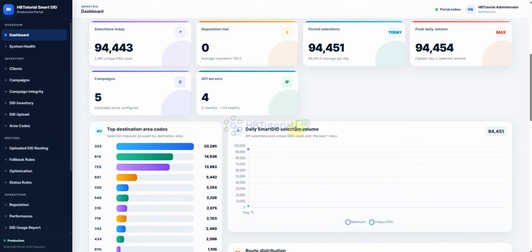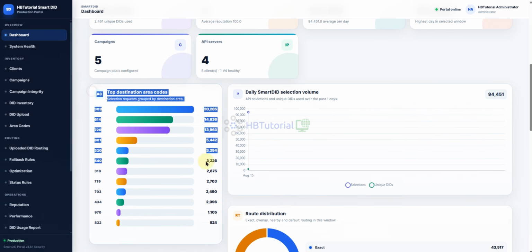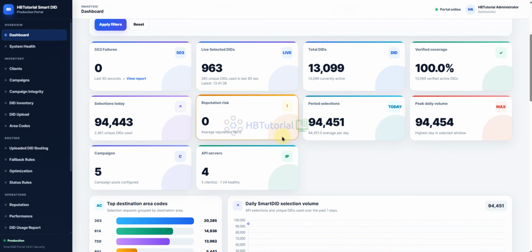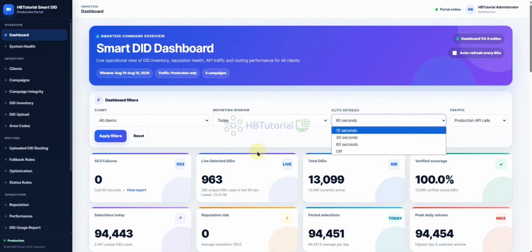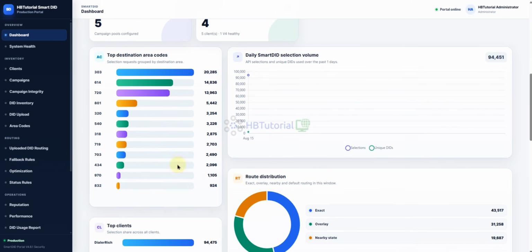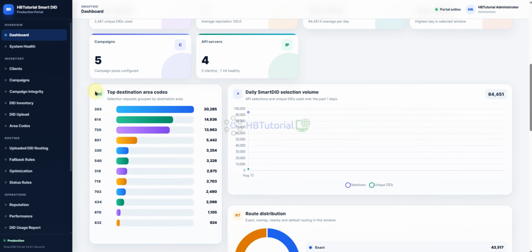As you can see here also, you will see your top area codes you're dialing every day. You can select here yesterday and set it to refresh every 60 seconds. So I'll just show you how. For this one, 303, you're dialing 20,000 numbers.